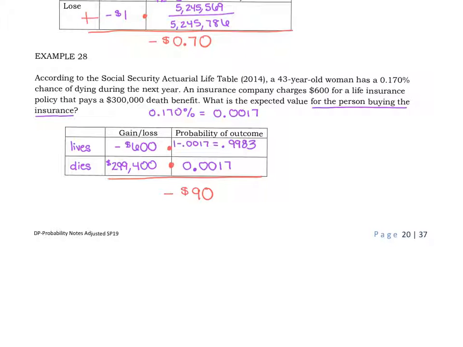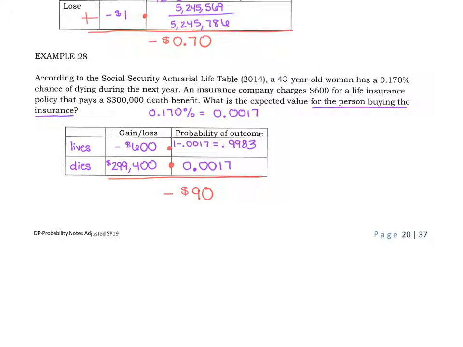Now, when you're buying insurance, if you live to see the next year, you just paid for that insurance and you didn't get anything back. So if that person lives, they're out their $600. If that person dies, then their beneficiaries will gain some money, but because that $600 policy had been paid, basically the benefit is $299,400. Now, the probability that a 43-year-old woman dies is